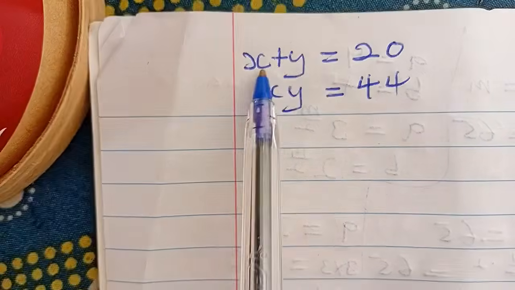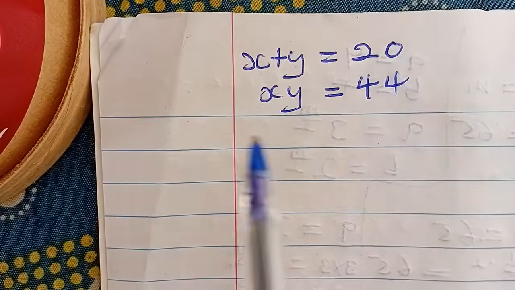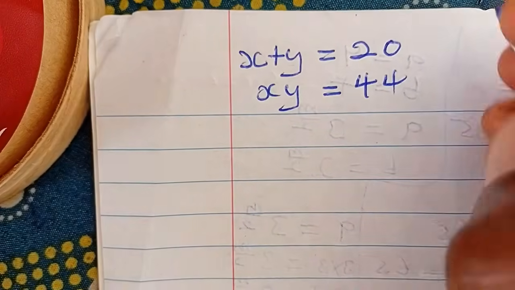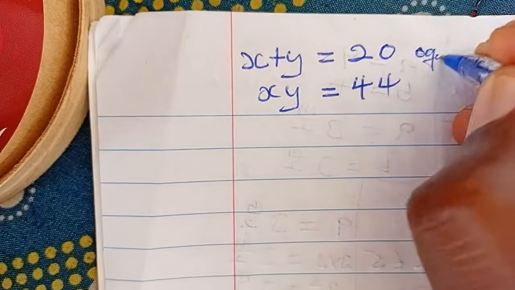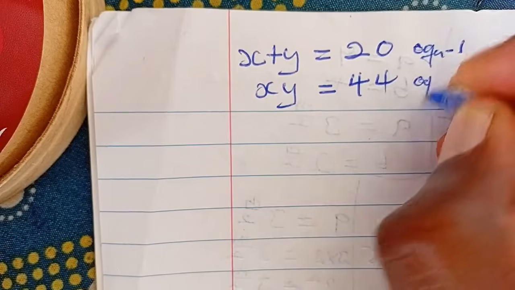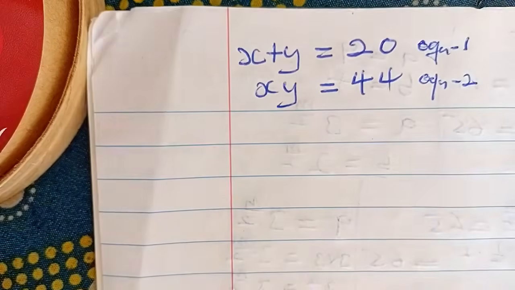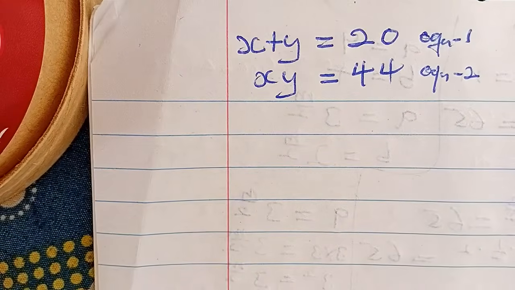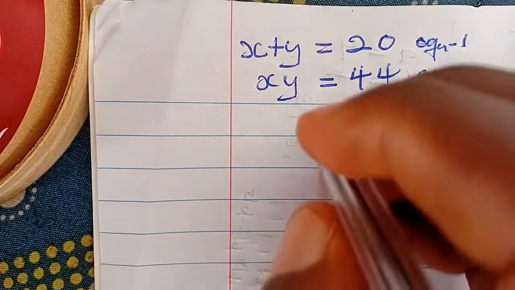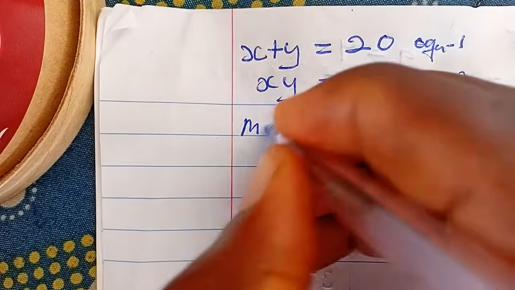So we are having x plus y is equal to 20, xy is equal to 44. Let's call this equation 1, and then call this equation 2. Can you see that? There are several ways to solve this question. Now you can multiply equation 1